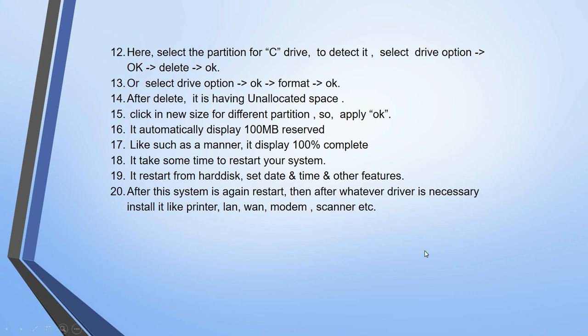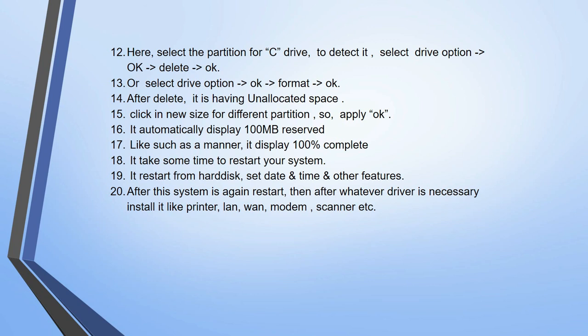And if you want to install a scanner, modem, network card or Wi-Fi, whatever is necessary for you, you can physically install it. Or whatever software-related topics are there, you have to install them one by one. Because remember one thing: if your system is working and you reinstall Windows, or modify your system with a new installation of OS, then whatever software is installed inside your C drive, everything is vanished from your system.